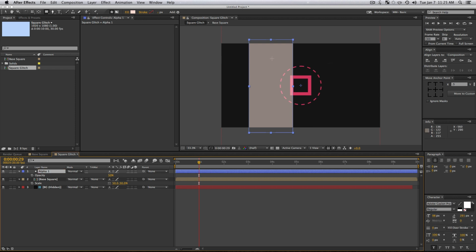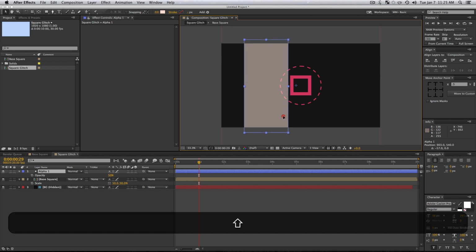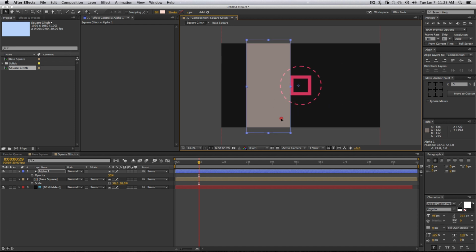Okay, so this is where the glitch effect is cool, and pretty much after this point of the video you can not watch the rest of it if you don't want to. But there's a lot of other cool stuff that happens, but this is the basis for what I'm calling the glitch effect, and I think it looks cool.